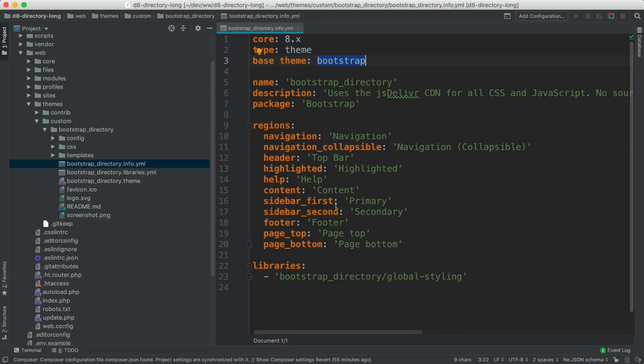Into the .info file, you'll see the regions have been defined like this. So if you want to add in a custom region, you can just go in here and create your custom region. But then, of course, you need to add things to the page.tpl, which we will do in a second,